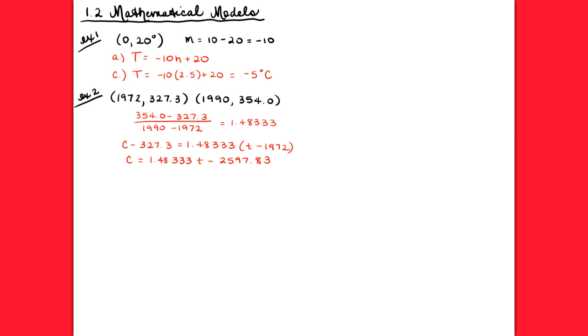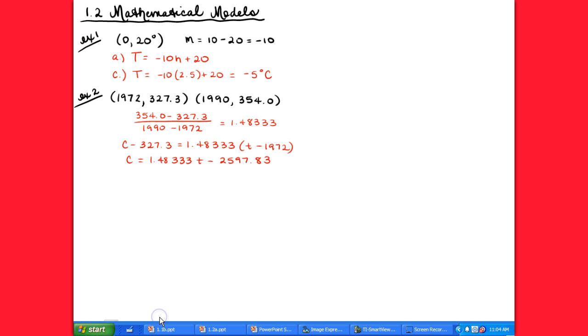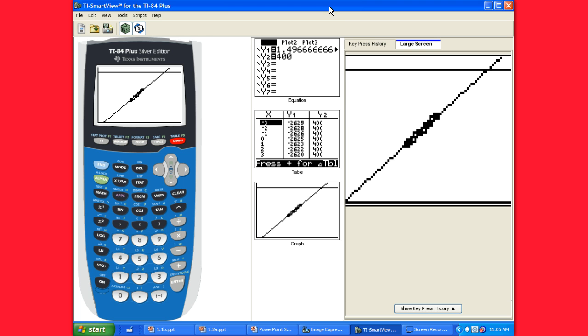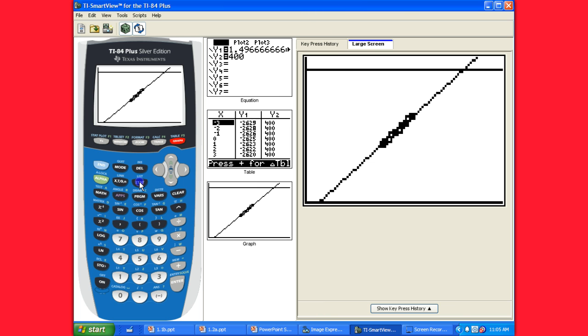Because remember that my calculator does something called a least squares regression, where it'll go through and it will analyze all that information and create the equation for me. So let's utilize our calculator to help us with that. So grab your calculator if you would. All right, so let's go through and let's put the information in list 1 and list 2. So you're going to go to statistics,